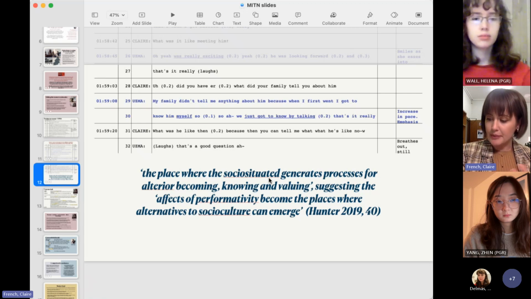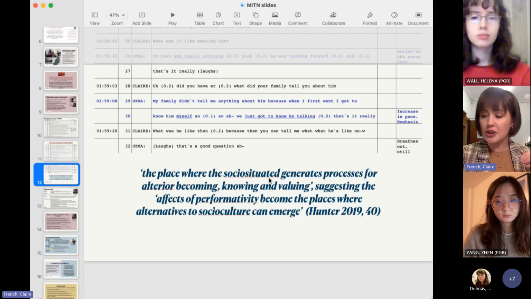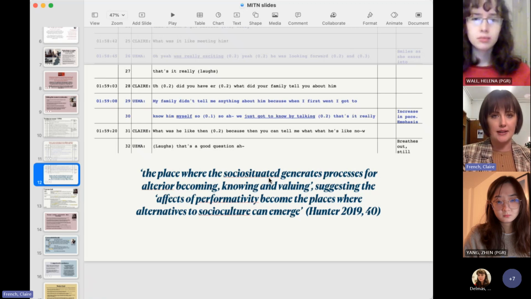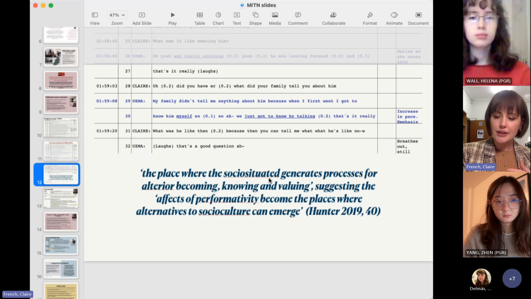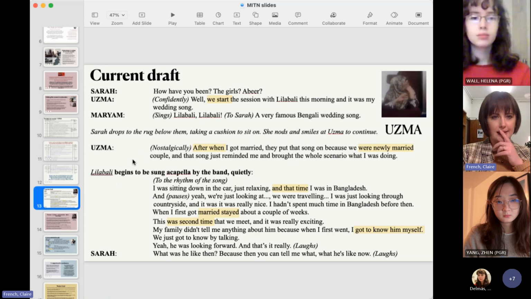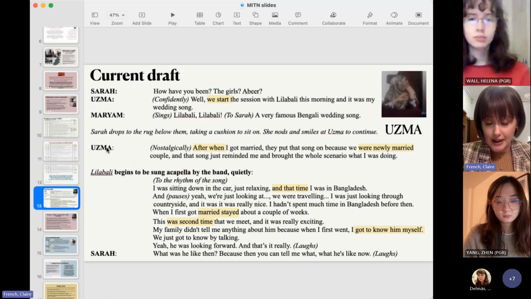Her knowledge that she and perhaps women like her do have agency in arranged marriages, and that beyond this suggestion, her parents didn't have much to do with it, could be shared in the context of this pace, rhythm, vocal variation, and indexed comfort. So moving on from there, this is the script and the current draft, the current second draft of the same moment.